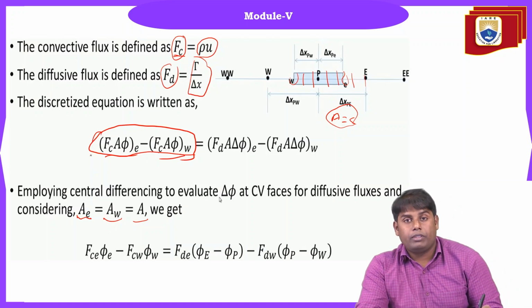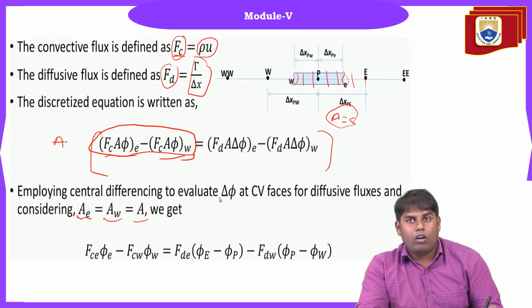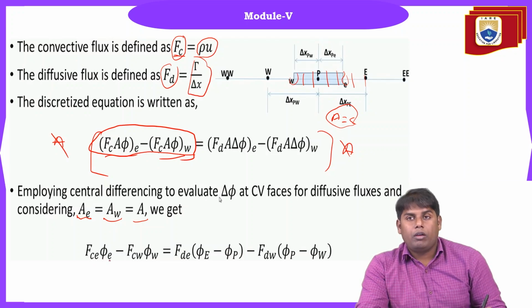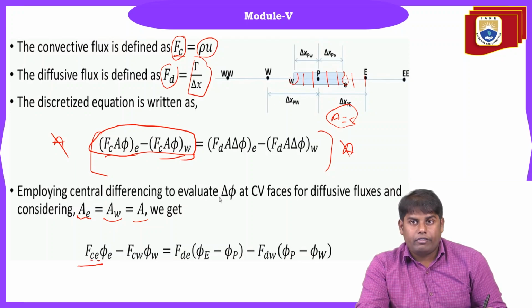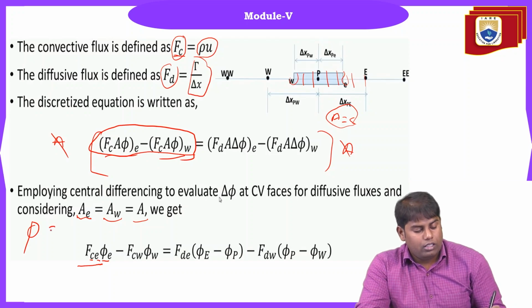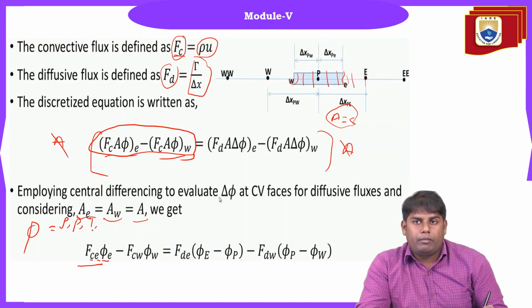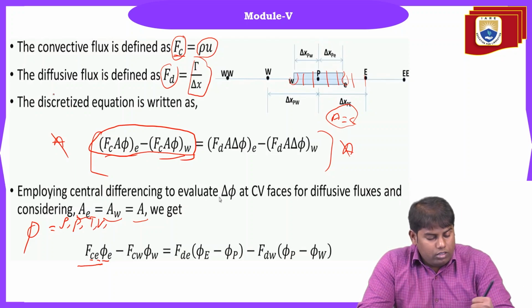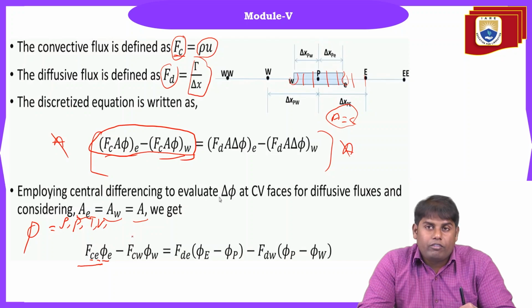From this equation, the A will be common and we can cancel it. So you can see here we have the convective flux at the east face into phi of E. What is phi actually? Phi can be taken as any flow variable: density, pressure, temperature, velocity. So the convective flux at the east face into the variable minus the convective flux at the west face into the variable is equal to,